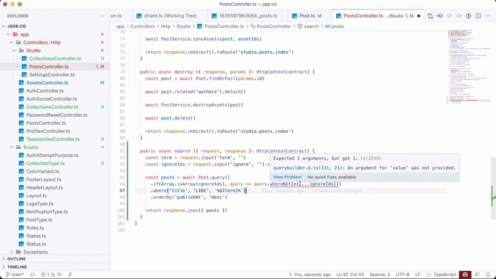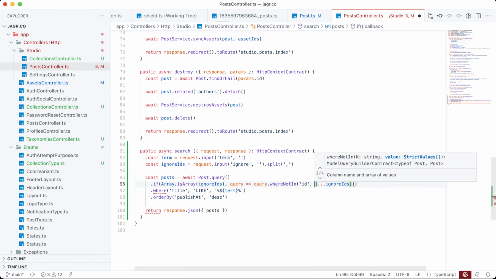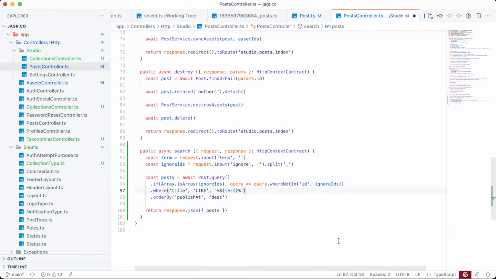Oh, yeah. Okay, now it's expected to get 2 arguments, got 1, because we need to specify the ID. There we go. Let's see. Do we need this spread still? No, okay, it seems happy without it. So, okay, cool. So that should be good. And then we can give that a save